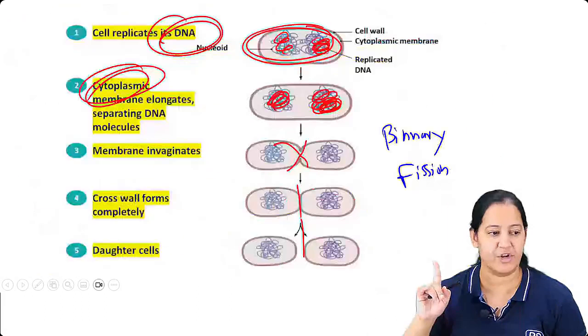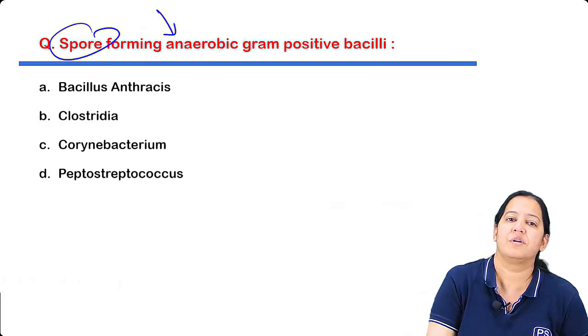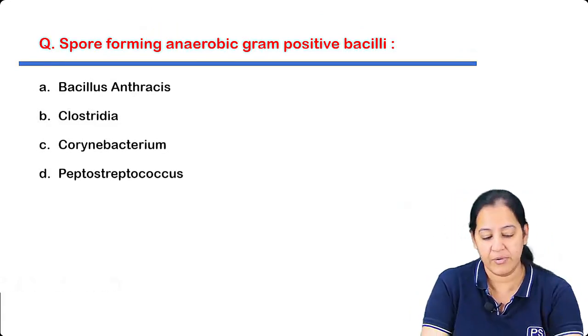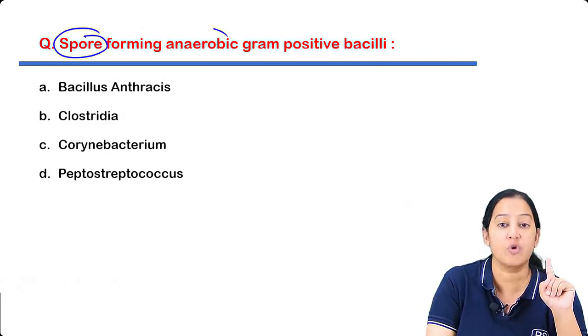I'm going to that question. We have left this question behind. So now we can solve this question also. In the last chapter I told you after this chapter we will solve it. Anyways, read it. So now you will tell me a bacteria which forms spores, which is an obligate anaerobe,